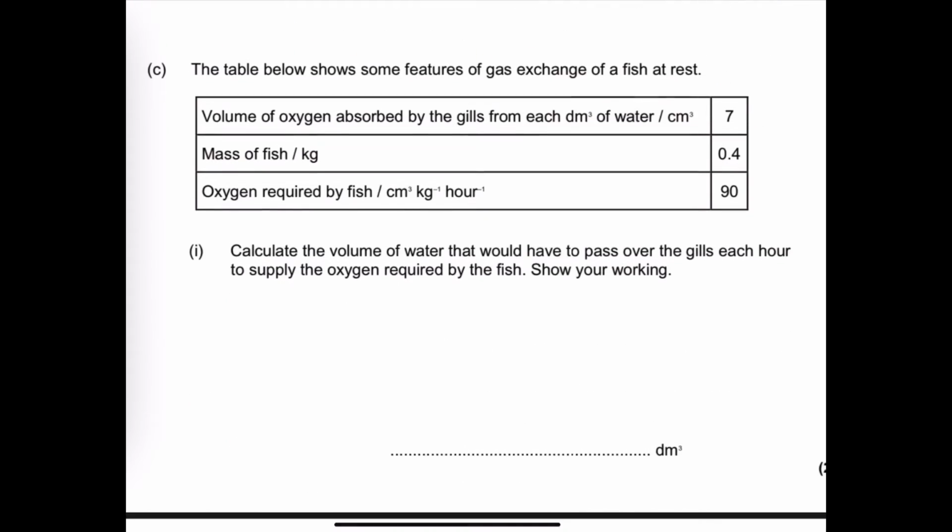So C, the table below shows some features of gas exchange of a fish at rest. Calculate the volume that would have to pass over gills each hour to supply the oxygen required by the fish. Show your working. So what you basically do is 0.4 times 90, you do the oxygen required for fish per kilogram. So that means we need to times it by the mass. This will equal